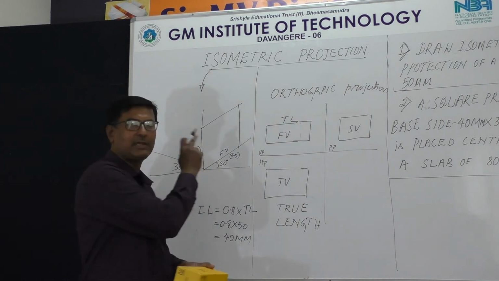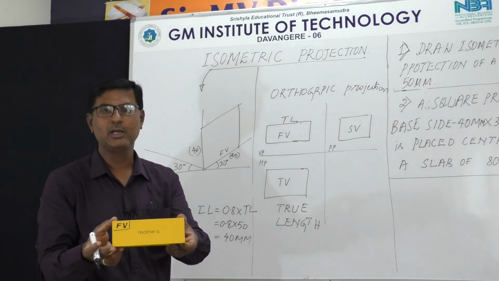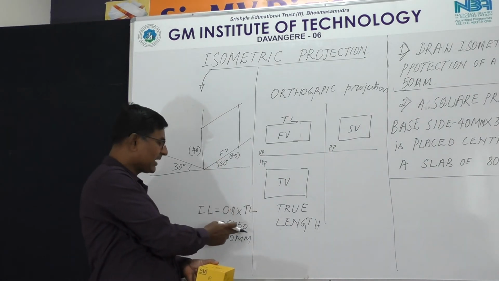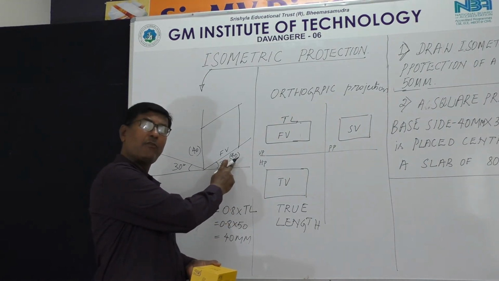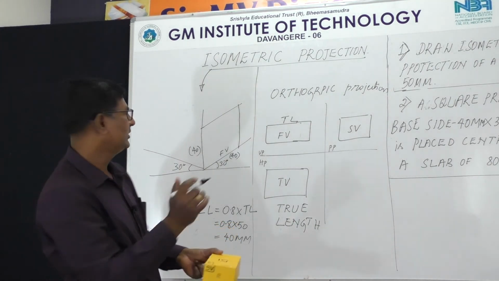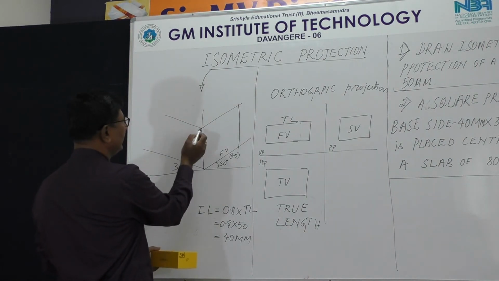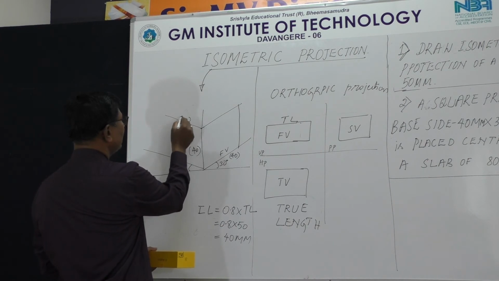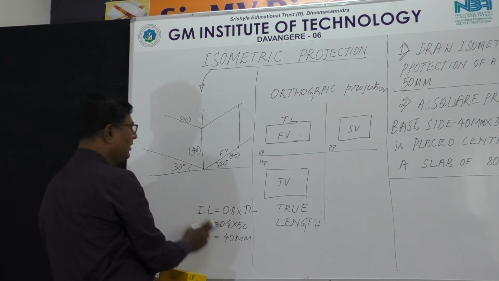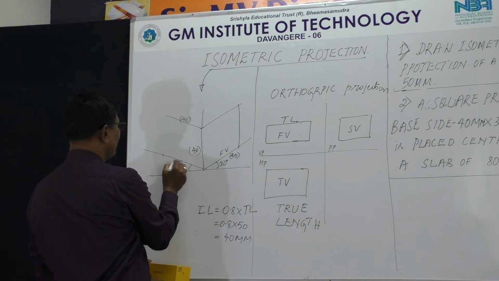Don't write the front view, I am just explaining. See what I have done? I held this corner, I turned by 30 degrees. Actually it is 50 millimeter, it has come down to 40 millimeter. So that's your front view. Look at this side, there is a side view. That also you do. Every line should be inclined by 30 degrees. Now you take another 40 millimeter. It's not actually 40, it's really 50. True length is 50, it has shortened to 40 millimeter. Now at a distance of 40 millimeter here, you draw one vertical line.